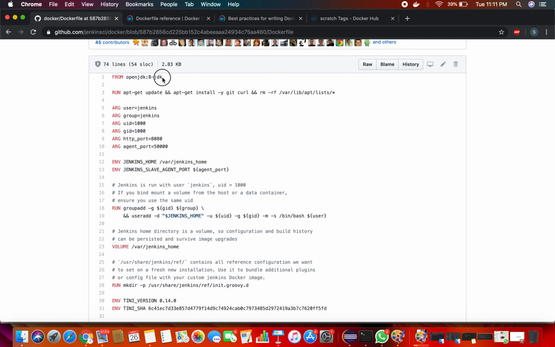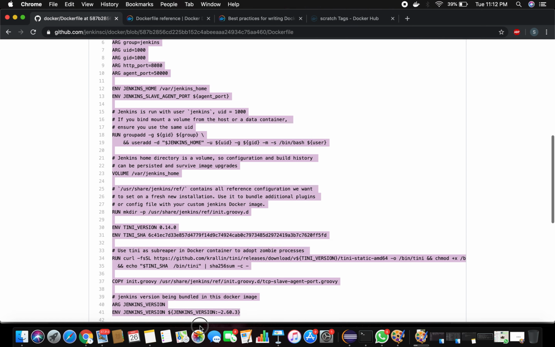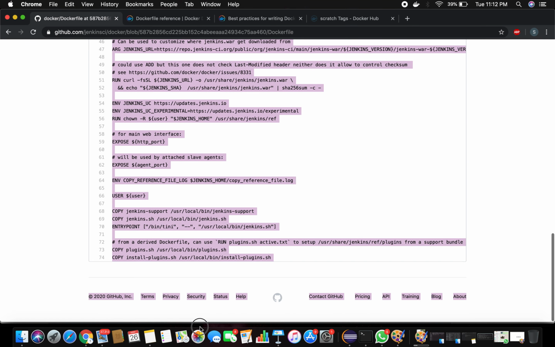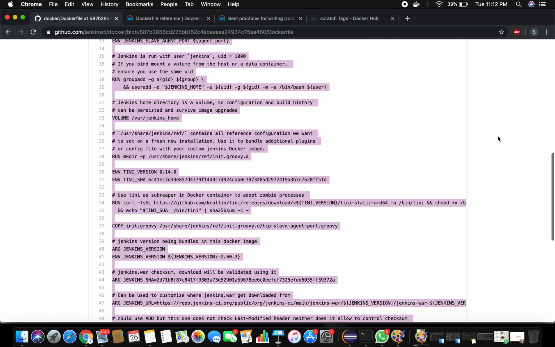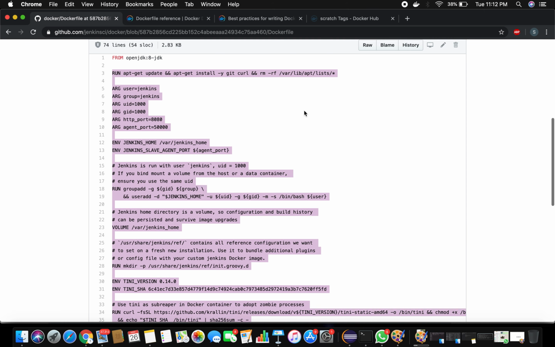Their base image is OpenJDK 8. See, they are taking Java 8 image. This is the base image for this particular Jenkins image. On top of that, they are running all these commands, all these instructions to have a Jenkins on that particular image. And so when you pull the Jenkins image from the Docker Hub, which indirectly you are bringing the Java 8 image, on top of that you are creating each as a layer.